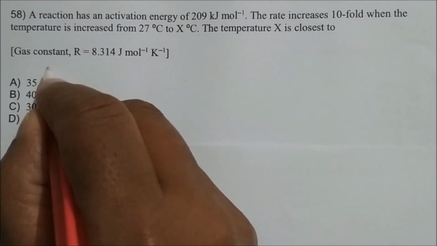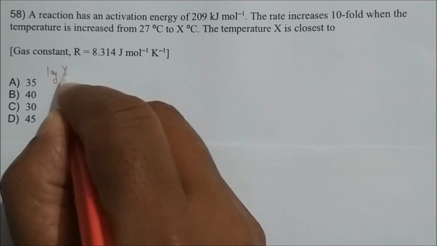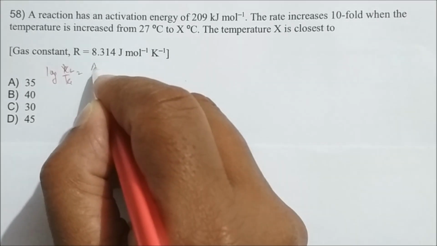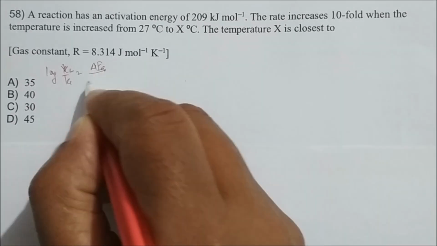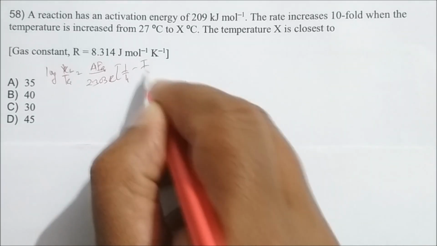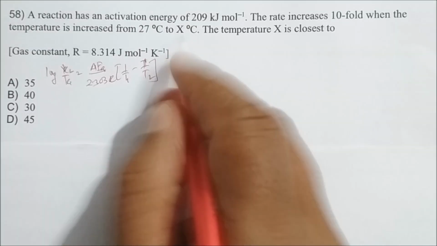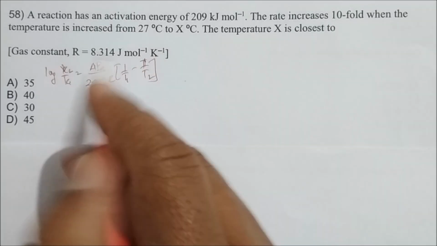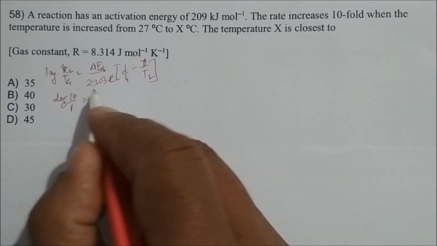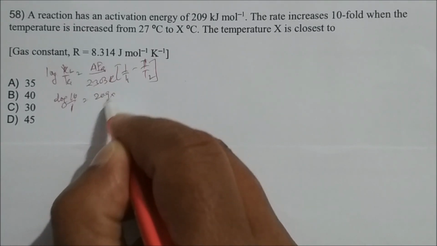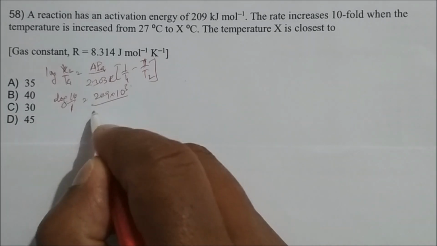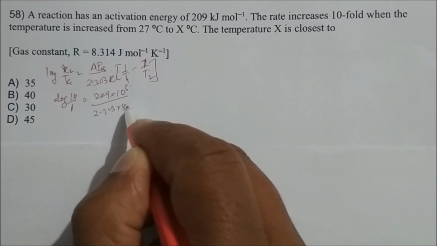So we know the equation: log of K2 by K1 is equal to Ea divided by 2.303 R, times (1 by T1 minus 1 by T2). So we will substitute all these values. K2 is tenfold, so we can write log of 10 by 1, and this is given here 209 into 10 power 3, since it is in kilojoules, divided by 2.303 multiplied by 8.314,